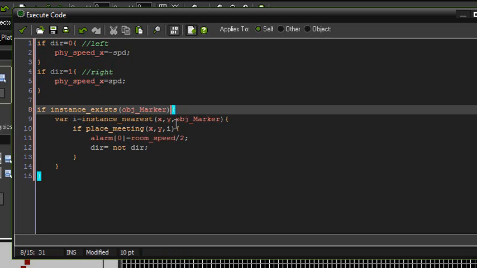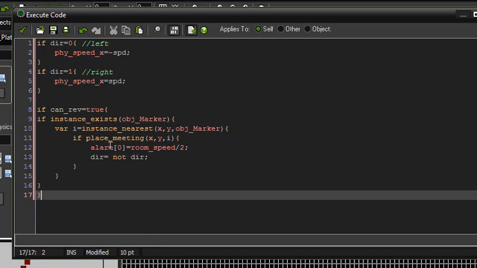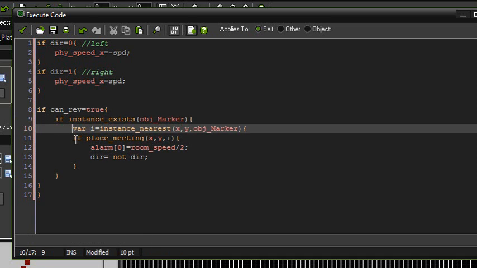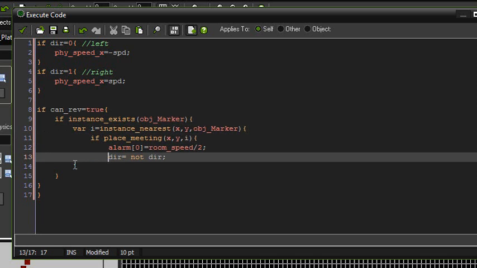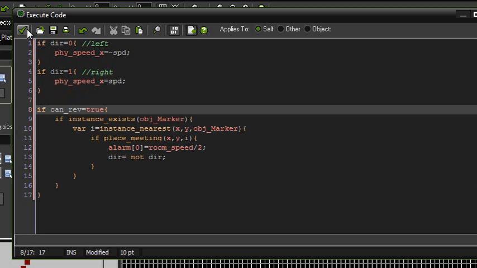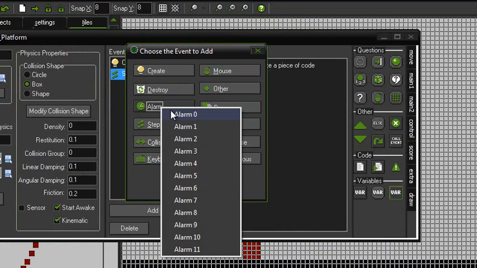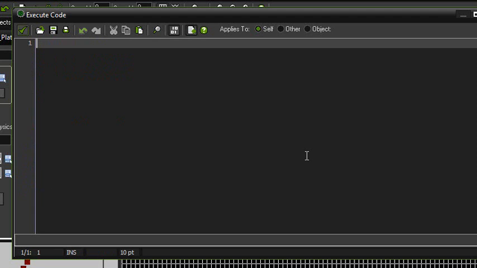So if instance exists object marker, before any of that, we want to go if can change, I guess, or can rev for reverse. If can rev equals true, then do all of this stuff. Now, I know we haven't set that variable yet, we're going to go back and do that. So just tab all this out to the right place. Okay, so we'll tick that off and now go into the alarm event and write